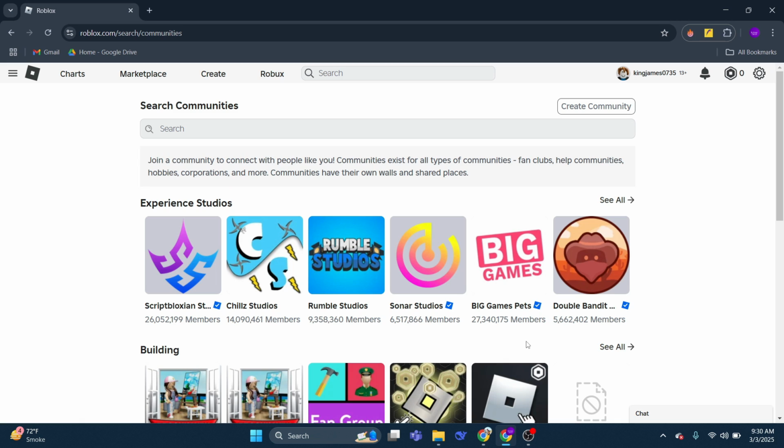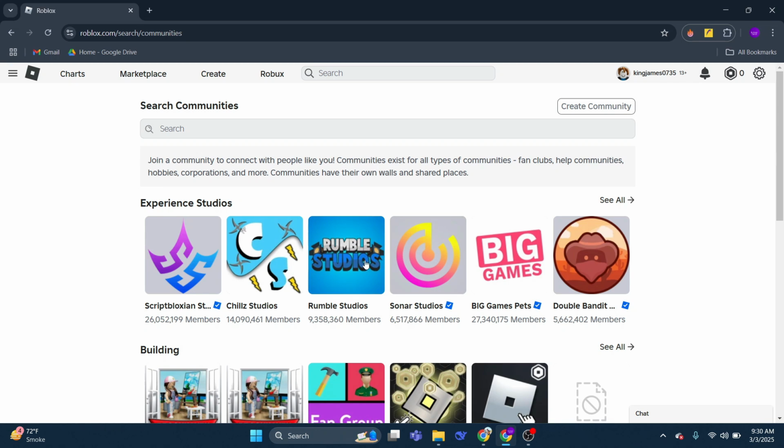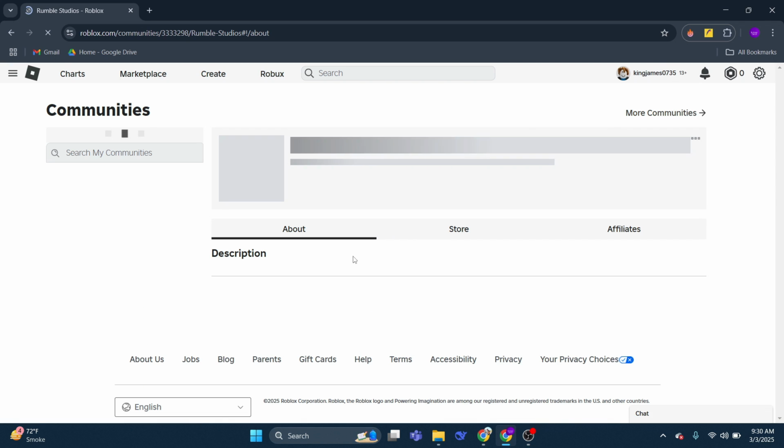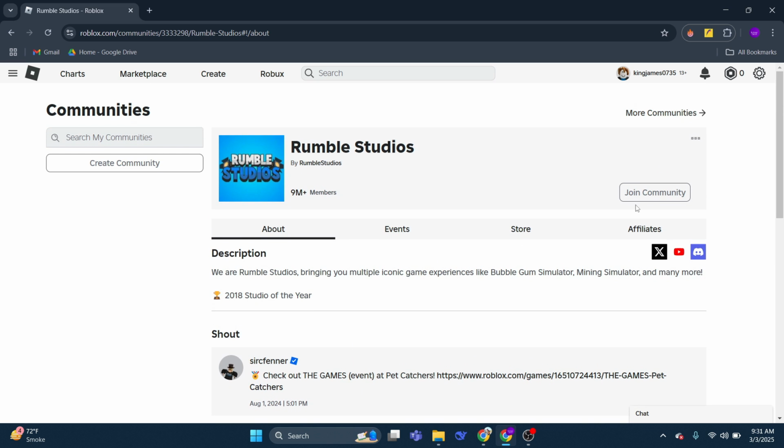the groups page. Now, what you can do is browse through the different communities. If there is a particular group you are looking for, you do have a search box at the top. And if you do have a direct link to a group, you can just place that in the address bar at the top. Now, once you've accessed the community of your choice, you're going to see a Join Group button